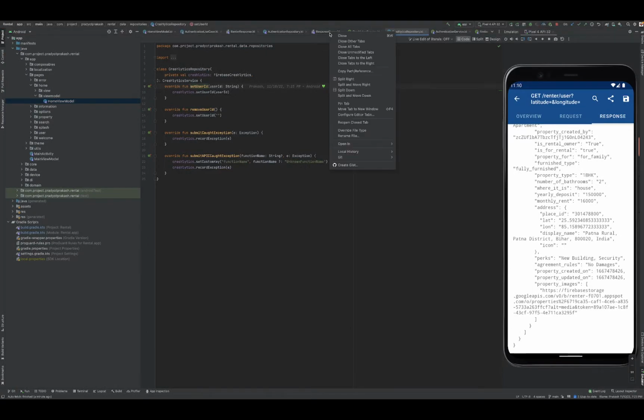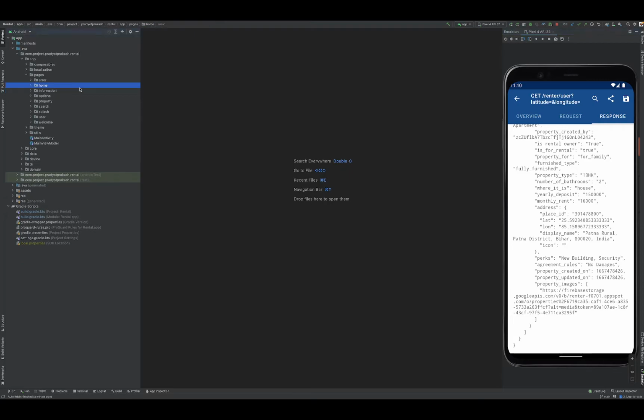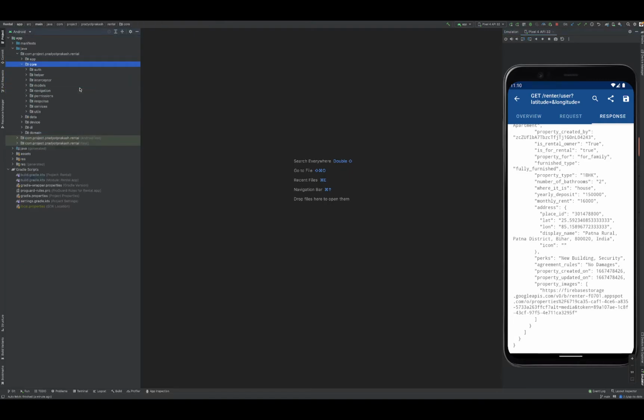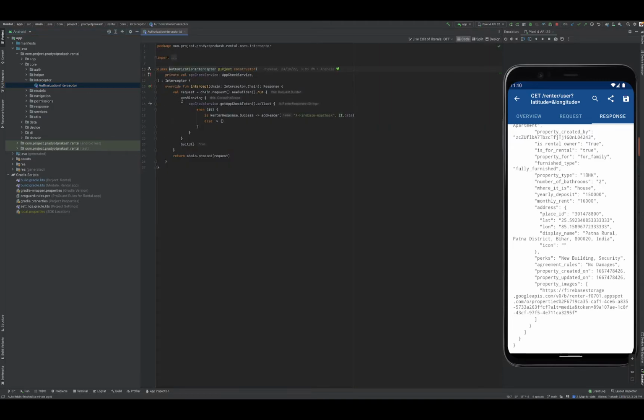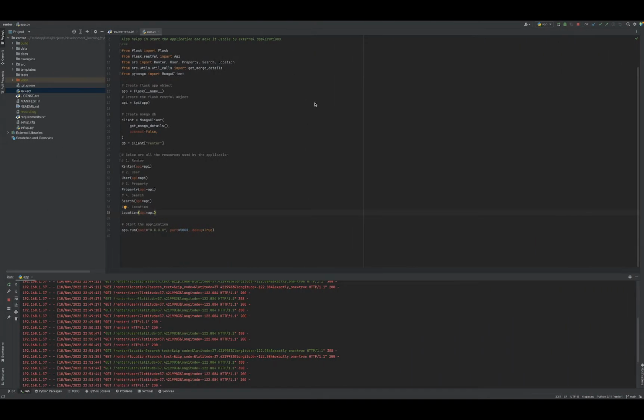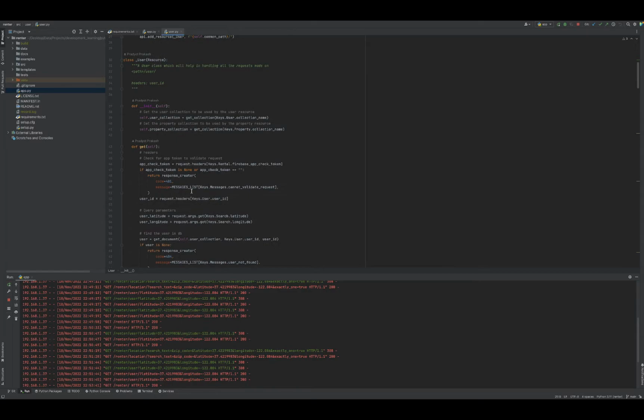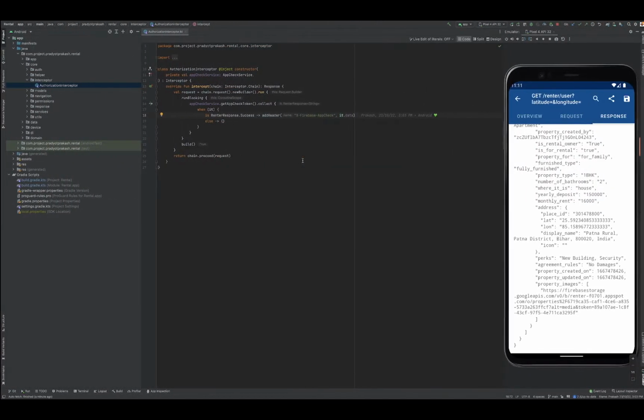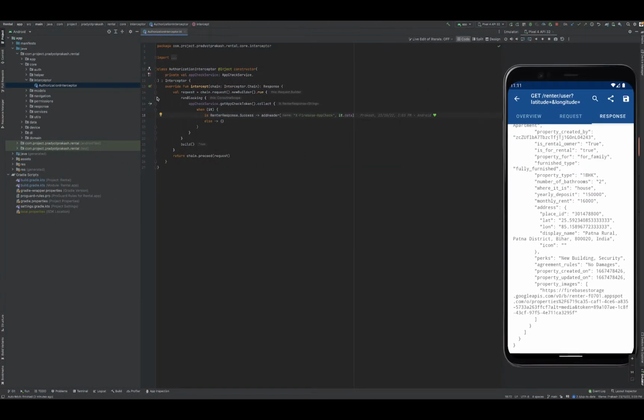So this was the API call. There is one more thing in the API call, which is an interceptor which I have added. All the API calls which are triggered mostly have one thing in common: the Firebase app check token must be sent in the header to validate if the app token is correct or not. And rather than adding it to every API, I added it into this